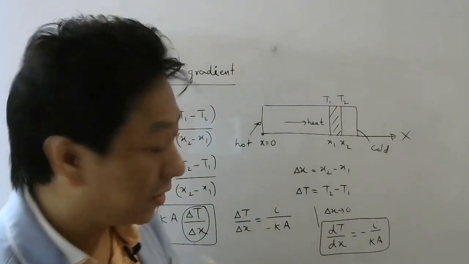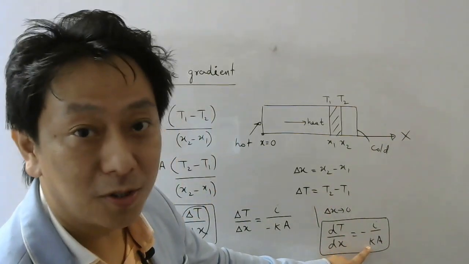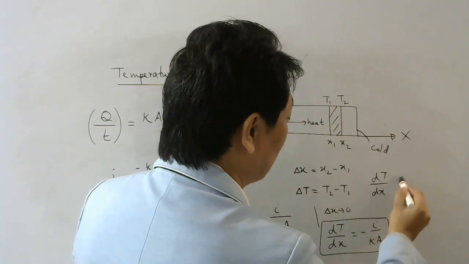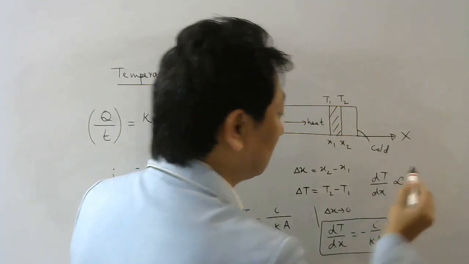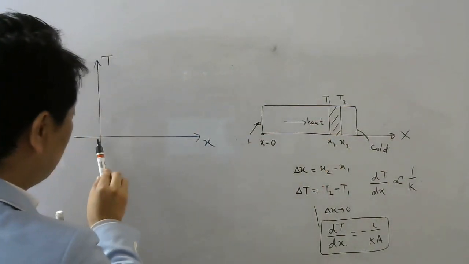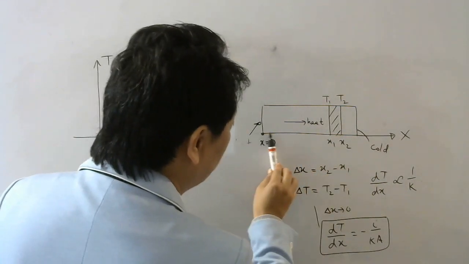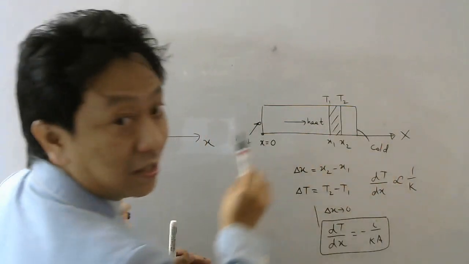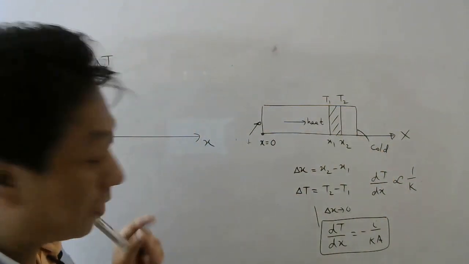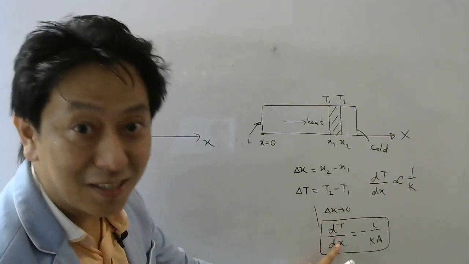So from here you can check that the temperature gradient is inversely proportional to K. So try to remember that. Temperature gradient is inversely proportional to K. So if I want to know how temperature of the rod varies with this distance x, as I move away from the hot end and I move along the flow of heat, how does the temperature vary? Well, this is the formula for rate of change of temperature with distance, isn't it?